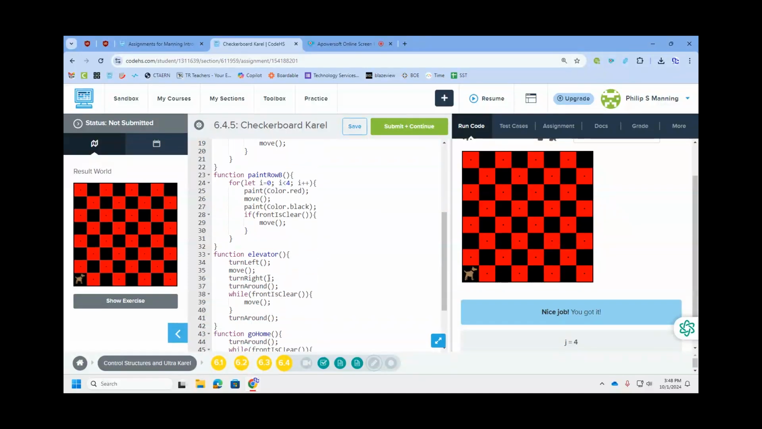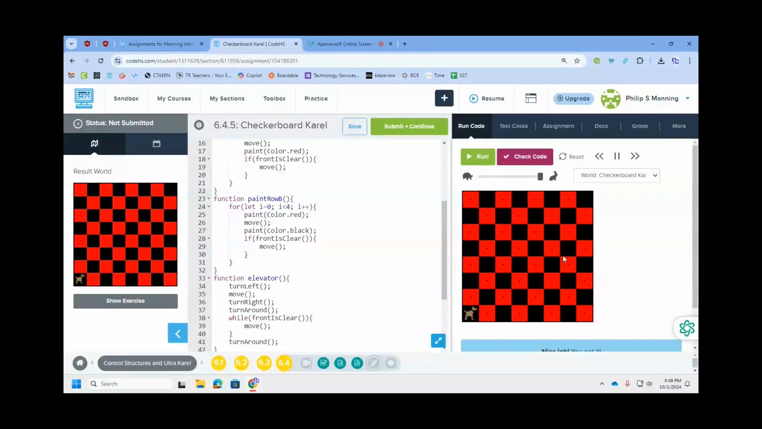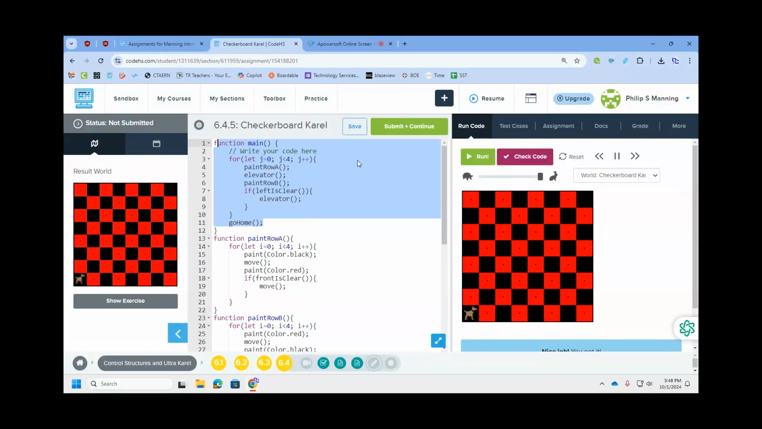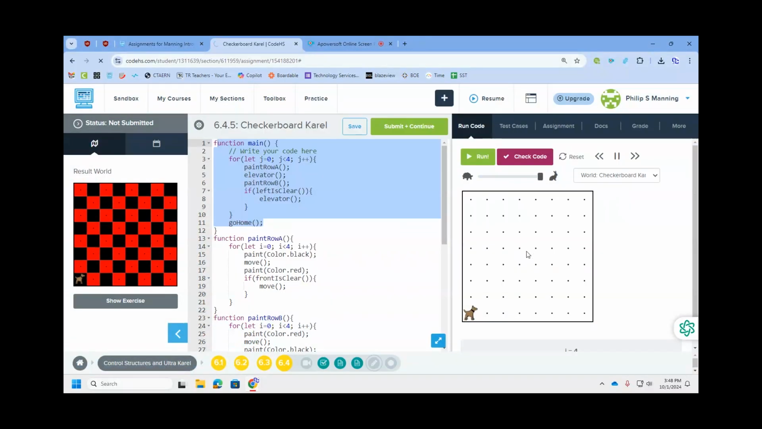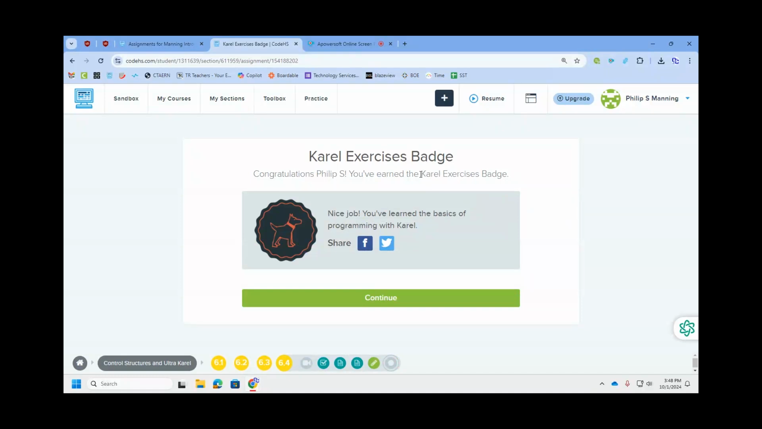Another way you could have done this, you could have just kind of walk through the steps of painting 2 rows at the time, getting back to the start, and then just called that 4 times, and then you would have wound up right here, and you could have gone home from there. So there's a lot of different ways to do this one, but we got our green check marks. We are good to go, and we have our Karel Exercises badge. So that concludes Unit 6 in CodeHS. Hopefully that was a little fun challenge